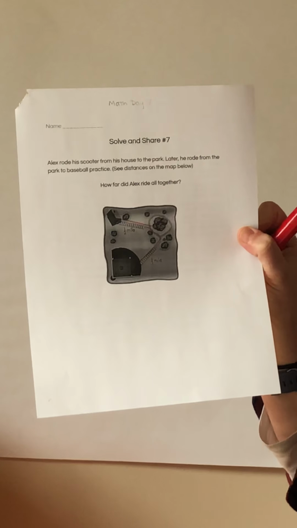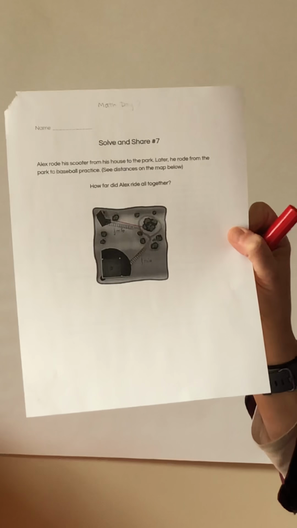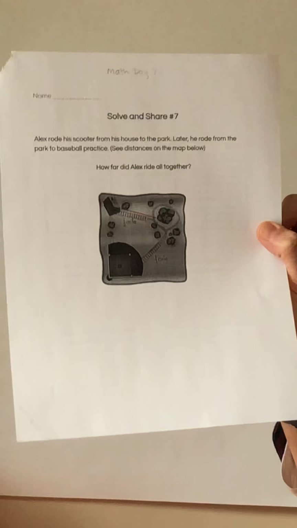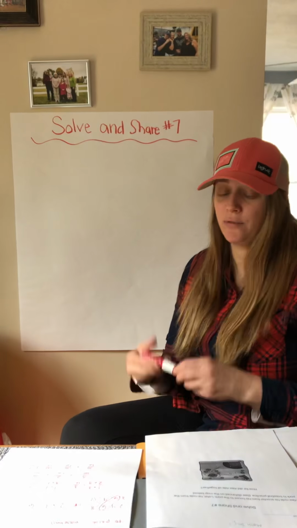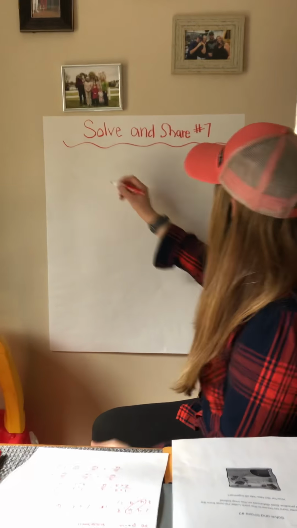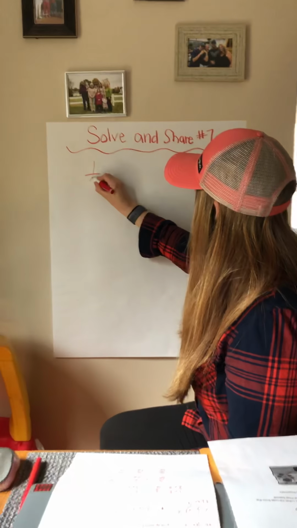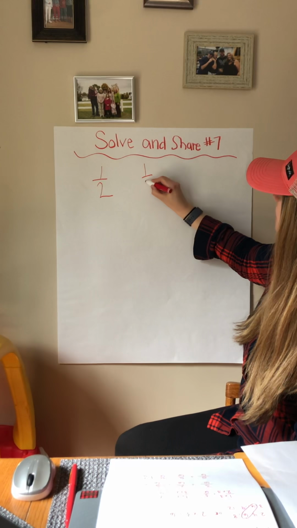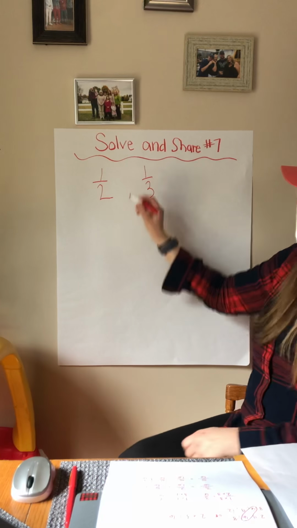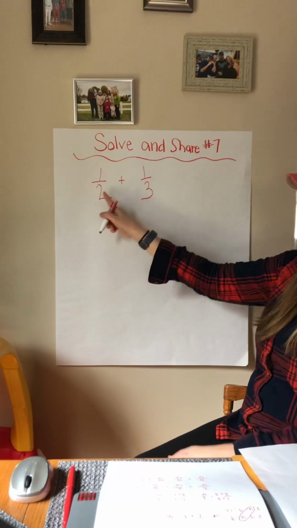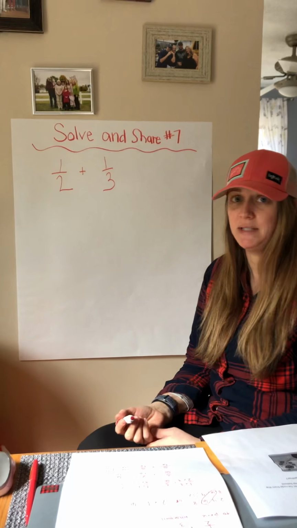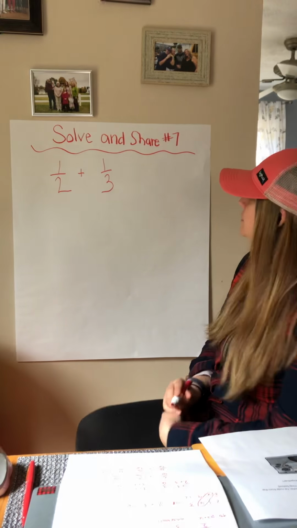First, we notice that from his house to the park, it's 1/2 mile. And from the park to his baseball practice, it's 1/3 mile. The total altogether means we have to add those two fractions up. So we're going to start with our fractions of 1/2 and 1/3. We know we can't add these two fractions up because they do not have the same common denominator. So we first have to find a common denominator so that we can add these two fractions up to find